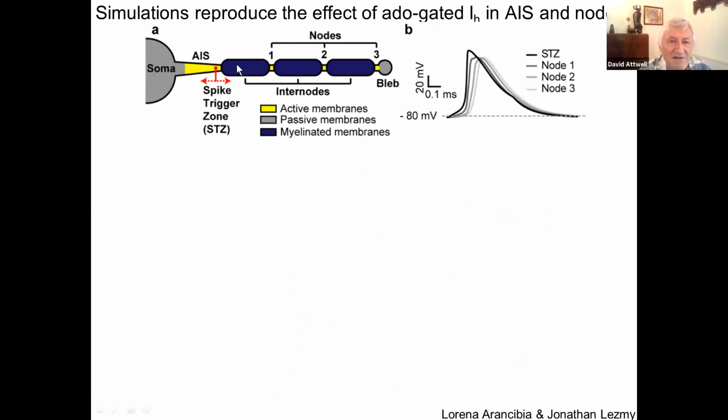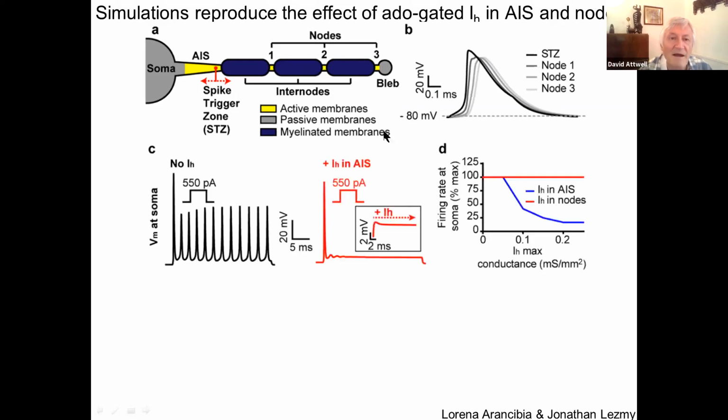with an AIS, then 3 internodes, and then the bleb. And the active membranes are just the AIS and the 3 nodes here. And we can then simulate the action potential spreading through these different compartments. And if we inject, first of all, we assume there's no IH present at all, just standard Hodgkin-Huxley kind of currents. If we inject half a nanoamp here at the soma to get a nice rate of spiking,